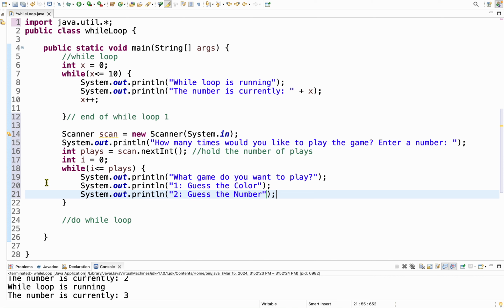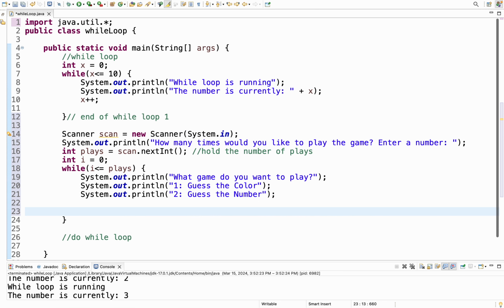So in this case, obviously, we don't have anything that's going to increase our i, so we would need to do that. So at the very end of our loop, we would have to do i++ to increase it, to make the loop condition false. So now if we run this,